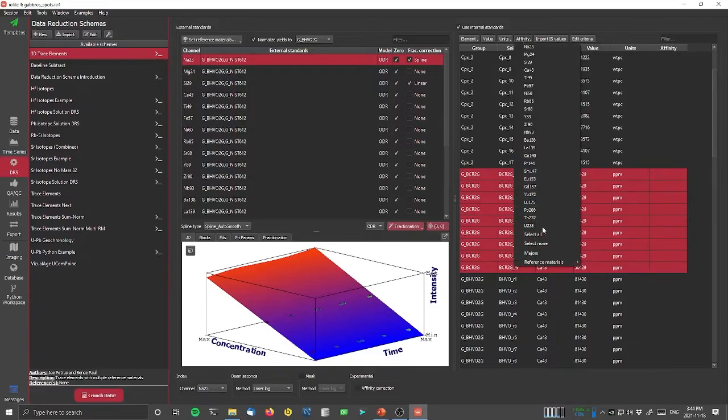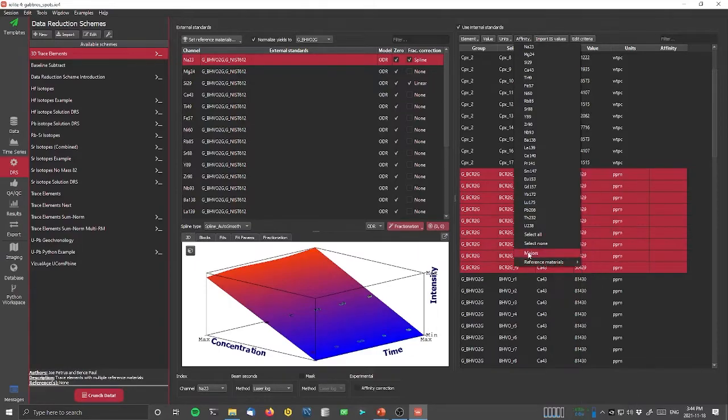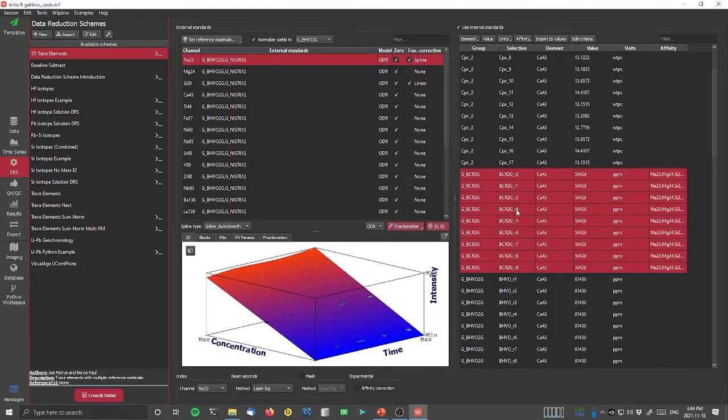Now, as I said, we could just choose which one it's most likely to. And in this case, we only have two reference materials, BHVO2G and NIST612. So we could just say, we know that BCR2G is probably more like BHVO2G than it is NIST612. So we could just set that. But what about our samples where we don't actually know necessarily what they're most like? Well, what we can do is we can say, use the majors to work out which reference material these selections